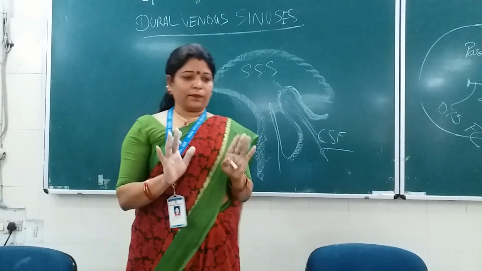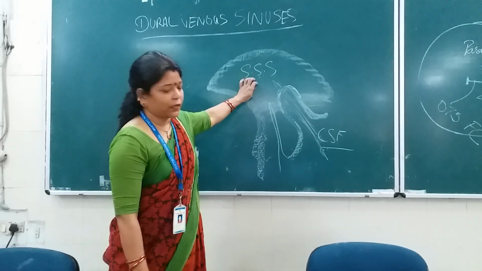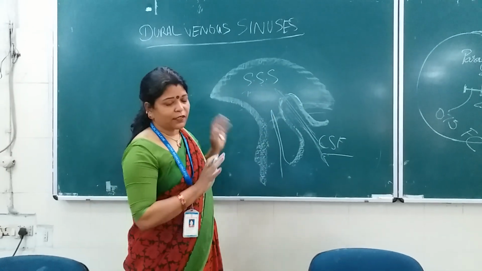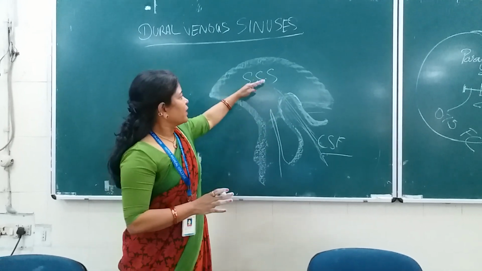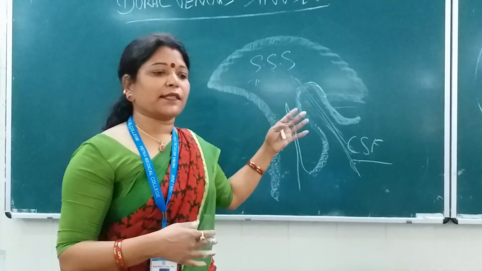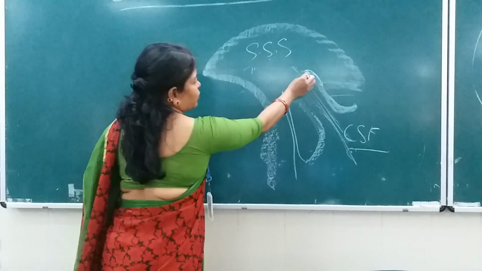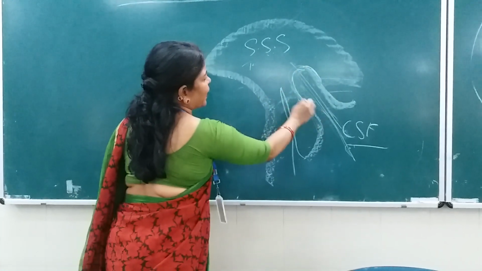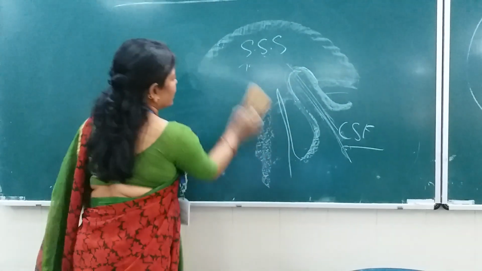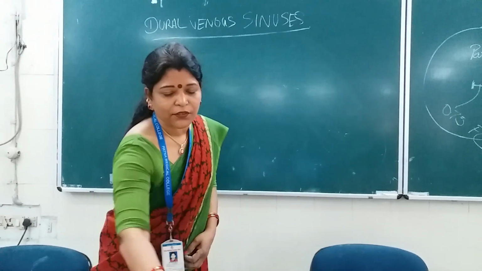Suppose in any condition there is thrombosis of this, or embolus impaction, then what will it lead to? All the flow will stop, won't it? All the drainage system will be choked here, and what ultimately happens? The intracranial pressure inside the cranial cavity will increase. Later we will discuss in detail, but suppose this is the subarachnoid space, and through this villus pattern or the globular pattern, the CSF drains in the superior sagittal sinus. This was only about one of the characteristic features of the dural venous sinuses.